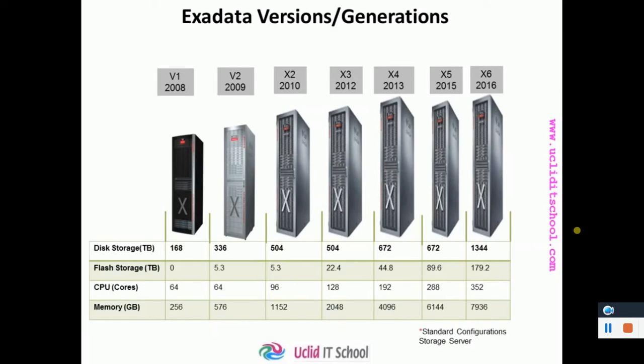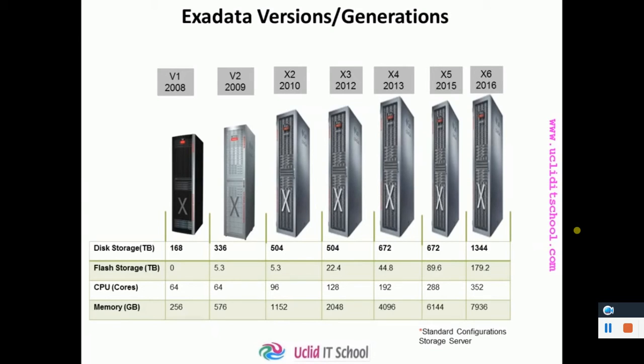It all started in the year 2008, where the first version was released. So then onwards, almost every year, Oracle is releasing a new version. Okay, so the latest version is released in January 2016, just 8 months back, and the latest version is called